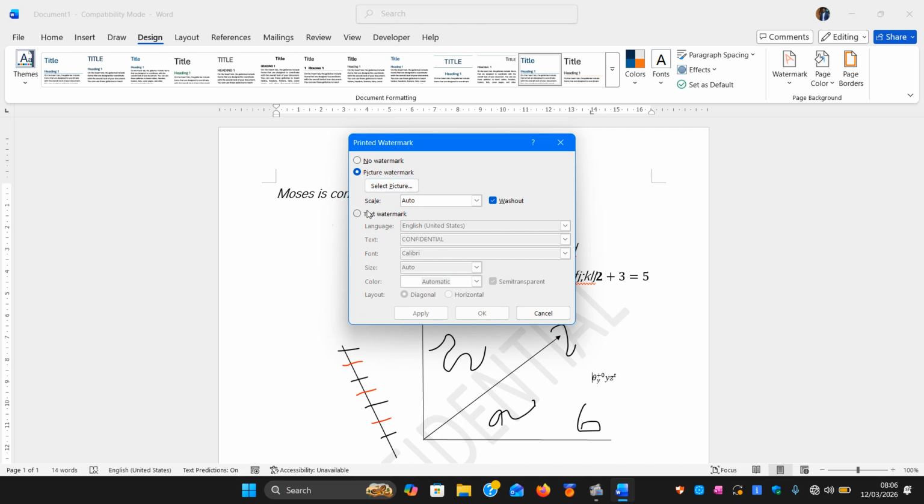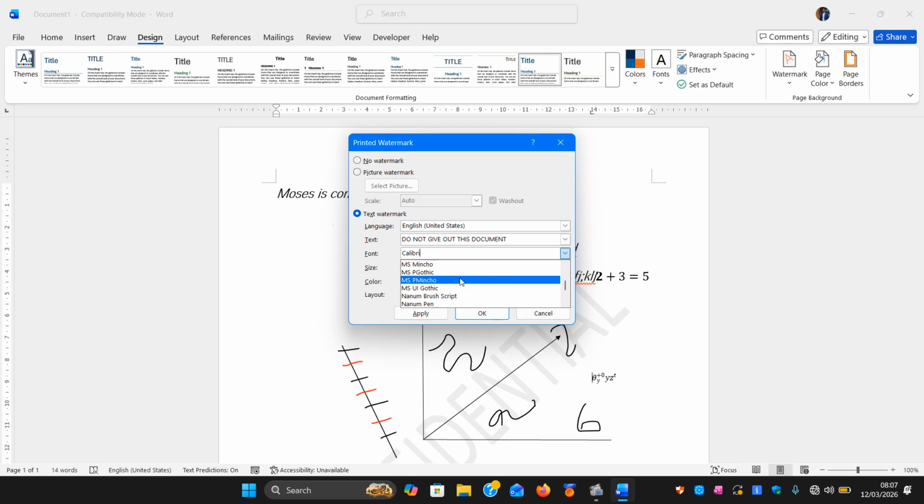And then many people use the text watermark. This is what people use so much, whereby under text you can write something: "Do not give out this document." So this is the text that is going to appear behind my document when I'm telling someone do not give out this document. I can even go further and change the language if I know the one that I like,